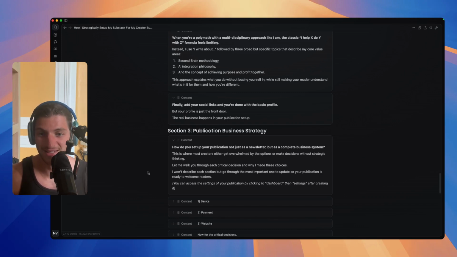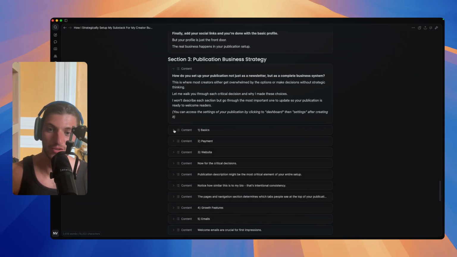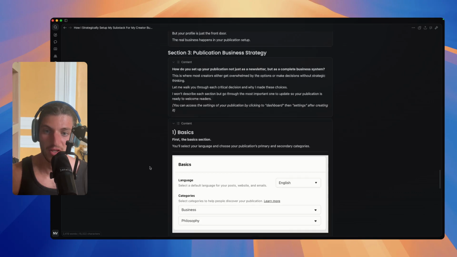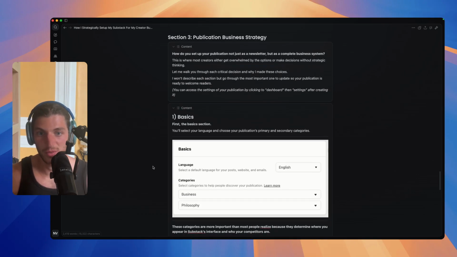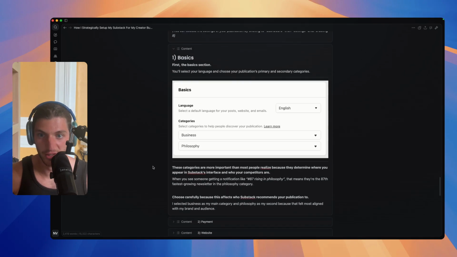And by the way, you can access the settings of your publication by clicking to the dashboard, then the settings section after creating it. So first, the basics section. You will select your language and choose your publication's primary and secondary categories. These categories are more important than most people realize because they determine where you appear in Substack's interface and who